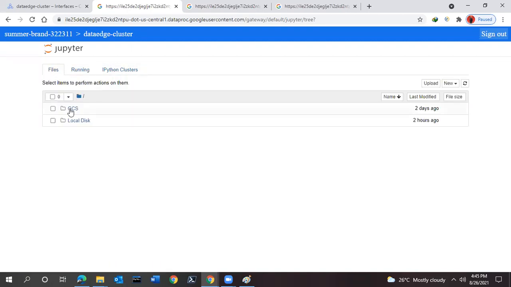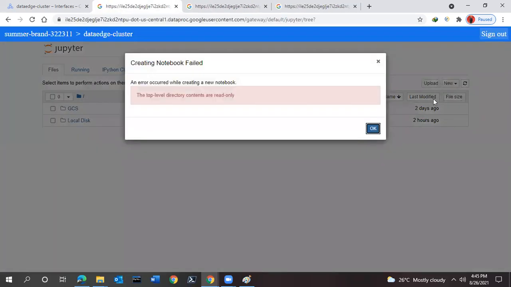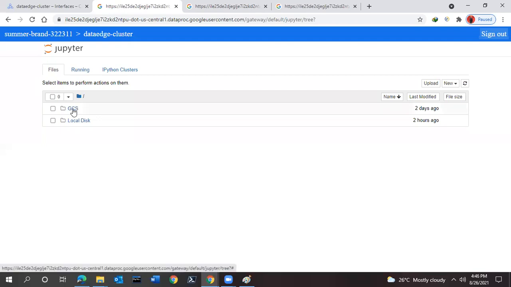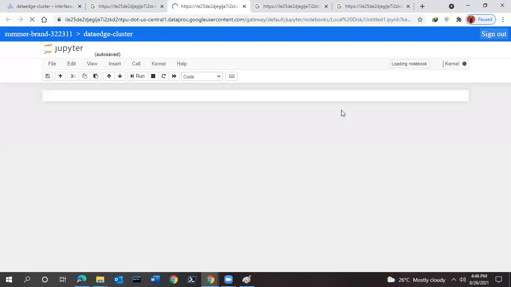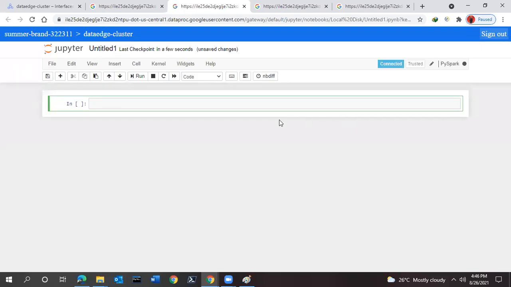Then we will try whether we are able to launch this PySpark or not. So still not. Then we can see this GCS. And again, we can go back over here and we can see our local disk. Everything is fine, but why are we not able to launch? So simply refresh and wait for a few seconds, and then you can try to launch that PySpark. It will work. Most of the time it is giving an error like that. But now I am sure that you will also be able to launch this one after waiting a few seconds over here.